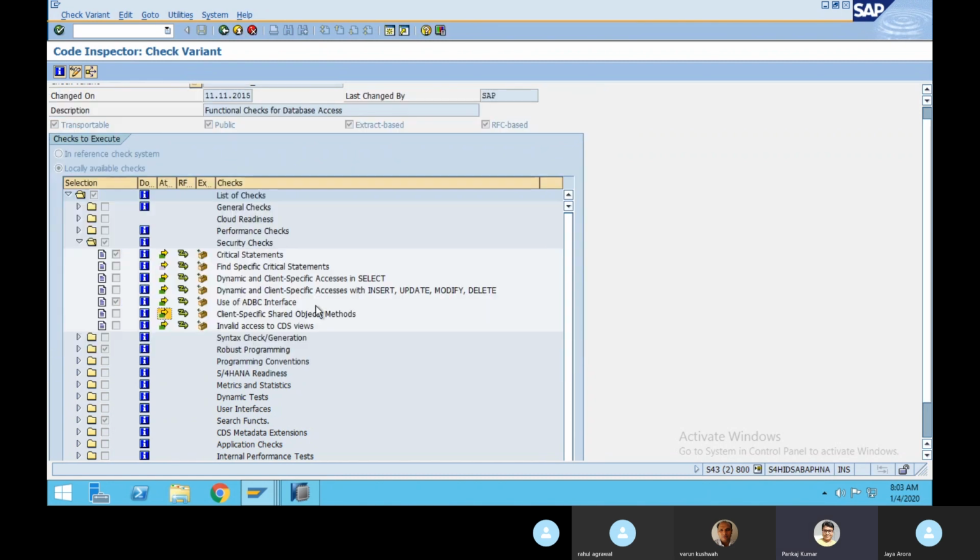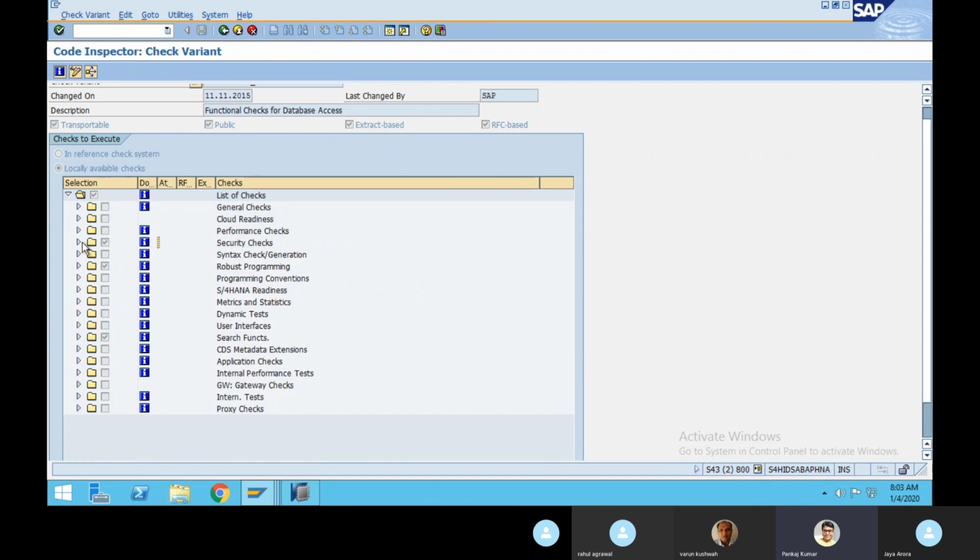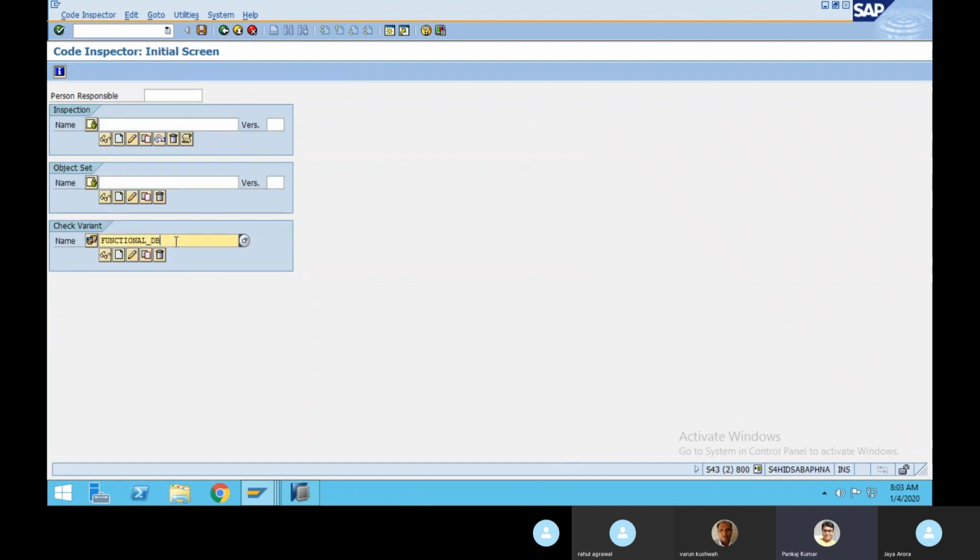Once you find which variant you have to perform the check against, generally for HANA readiness you have to check whether your existing code will be working against HANA or not. So generally this is the bare minimum criteria to check against this check variant.